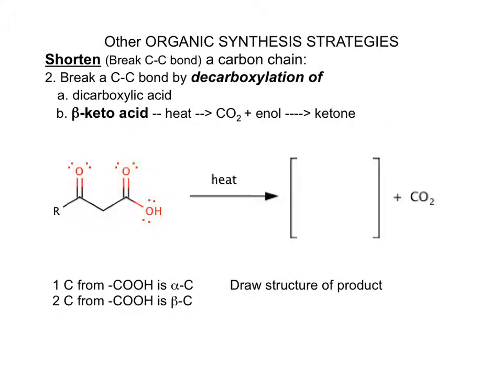Decarboxylation also occurs with a beta keto acid. So remember that this carbon is the alpha carbon and that carbon is the beta carbon. So stop the video and draw the structure of the product of this decarboxylation reaction. And the answer is,